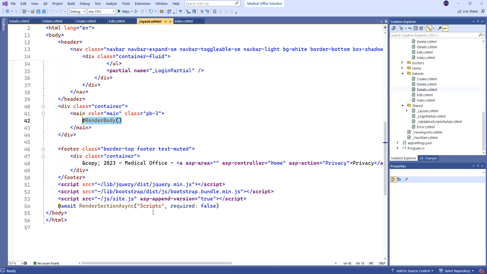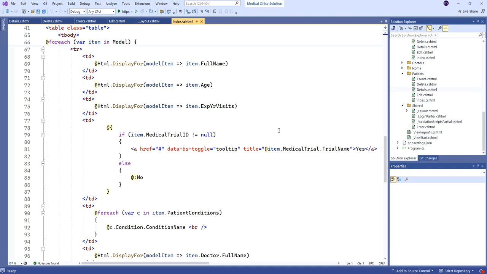If it does, then we're going to make sure that we put it into the page as we're building the entire web page that's sent down to the client. So that's how the scripts that we add to an individual view get sent to the client. So on my index view, remember this is what we did, we added this support for a Bootstrap